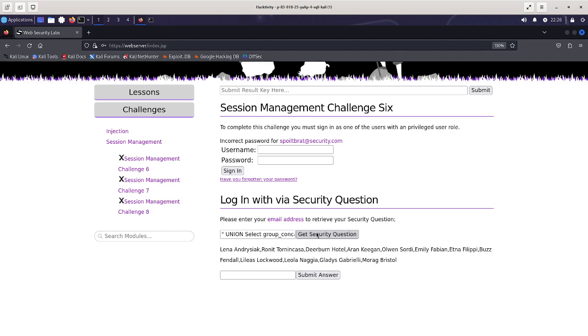Okay, now you can see that we got a lot of things because I used group_concat. We got everything. Lena, Andreas, Rohit. We don't know what is what. So what I'll do is I will say don't group_concat. Also, if I want information from one user, I might give that user only, like where username equal to